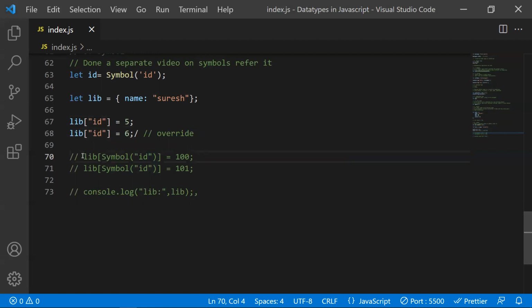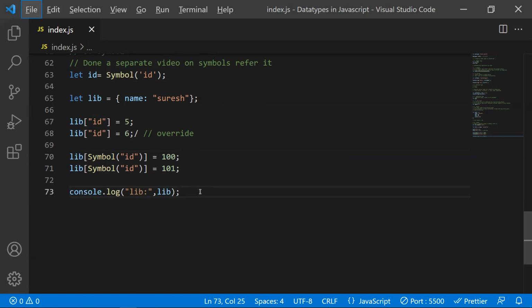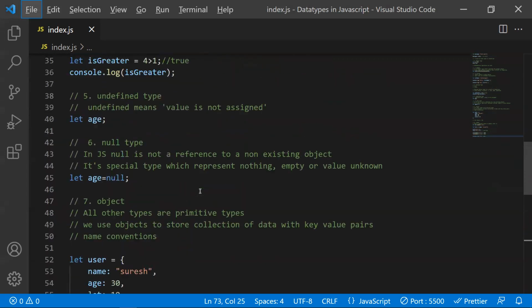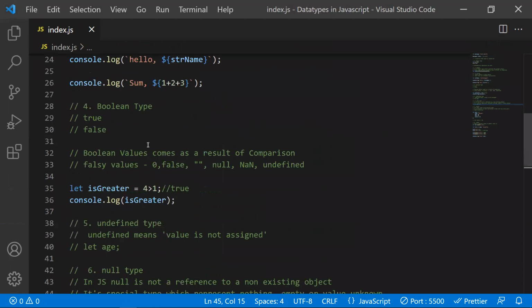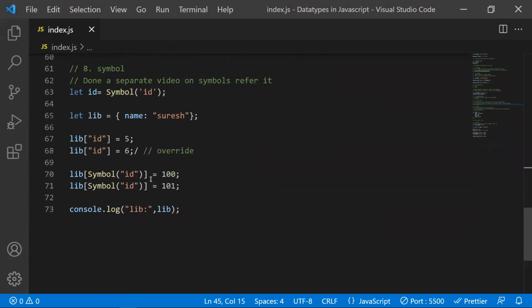For example, now I have declared a library with the symbol ID and I assigned a 10 in our code. Later, in the third party library, they decided to create a new property with the same ID with a different value. Then what happens? This value will not override the above value. Both will be there. So let's see that example. Here we may get some errors because we have declared the same variables multiple times. So let me comment out a few of the lines so that we will not get any errors. Yeah, mostly we may not get any errors now. So let's see the difference.